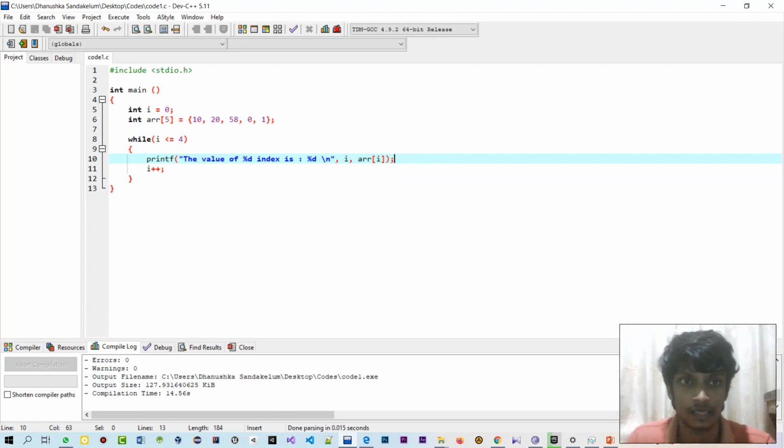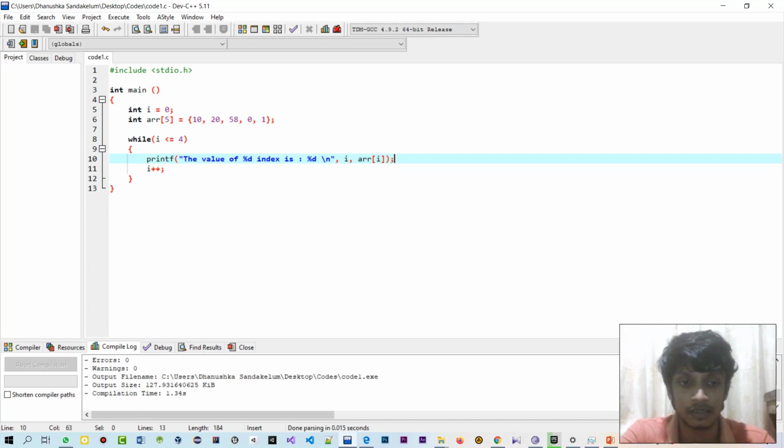So now I can save it again, and I can use a shortcut for my compiling and running process. For compiling, you can click F9. If you click F9, the code will be compiled. And in order to run your program, you can click F10. So the compiled program will be run.